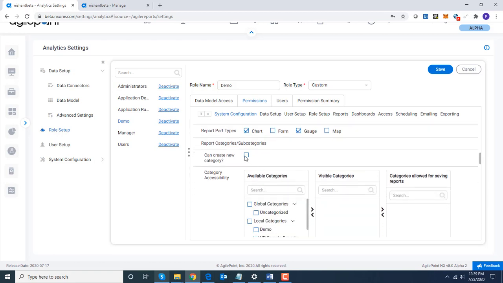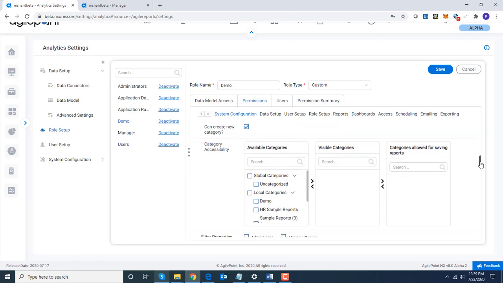Whether they can create new categories when they're saving the report, you can control that permission. It shows the list of available categories as well, so you can select a group of categories and you can say move it to the visible category, or even allow saving reports in this category, so you can move these between these list boxes.